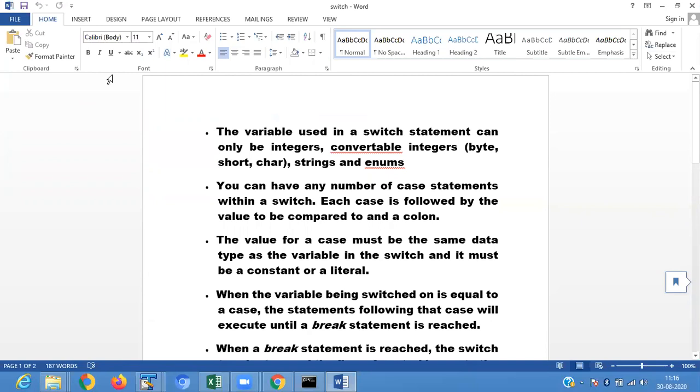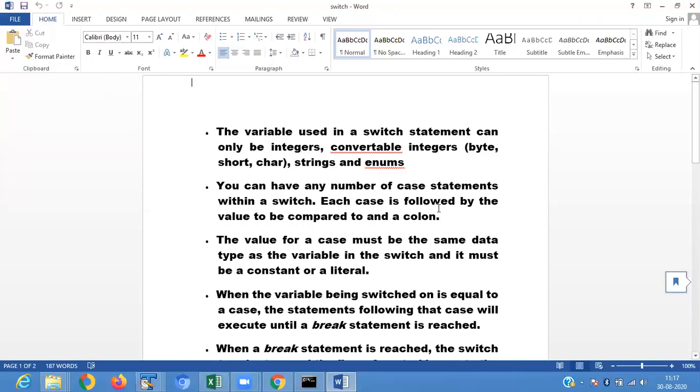It may be a byte, short, char, or string, and you can have any number of case statements within a switch. So for a single switch block, you can include many case statements.